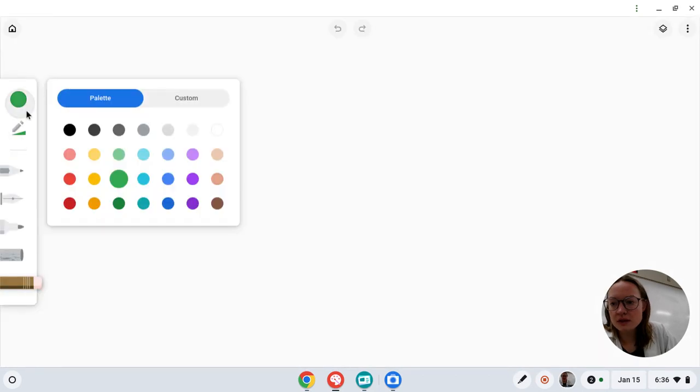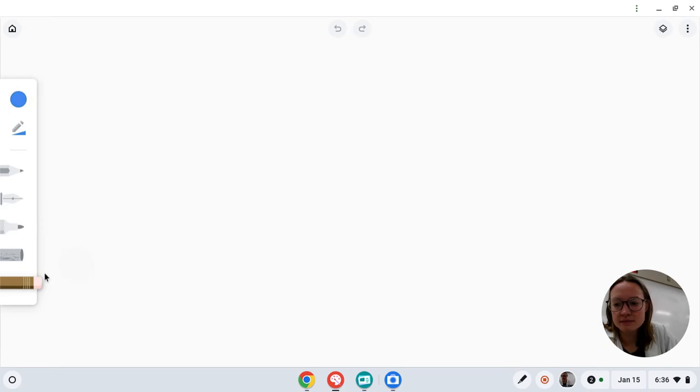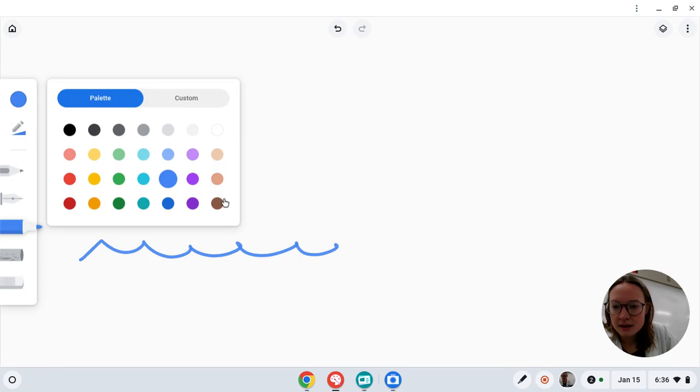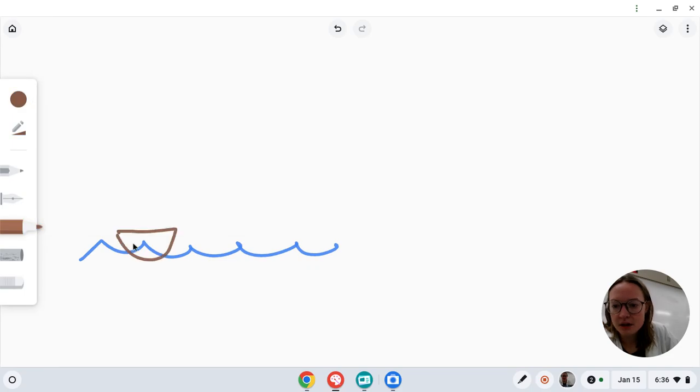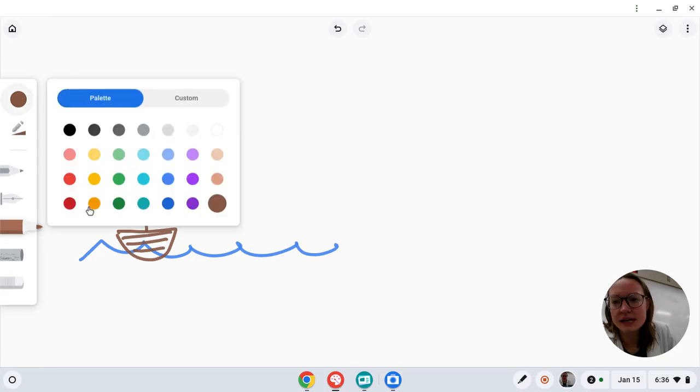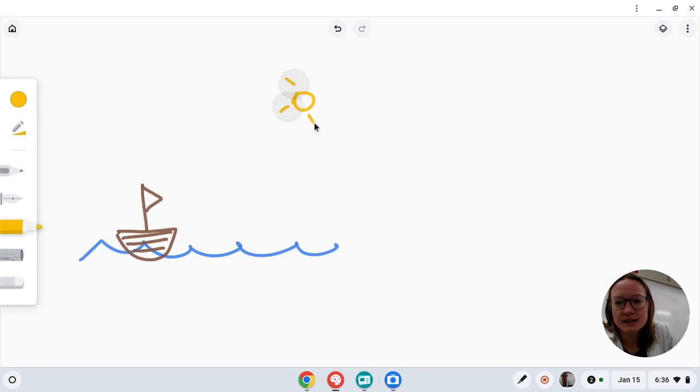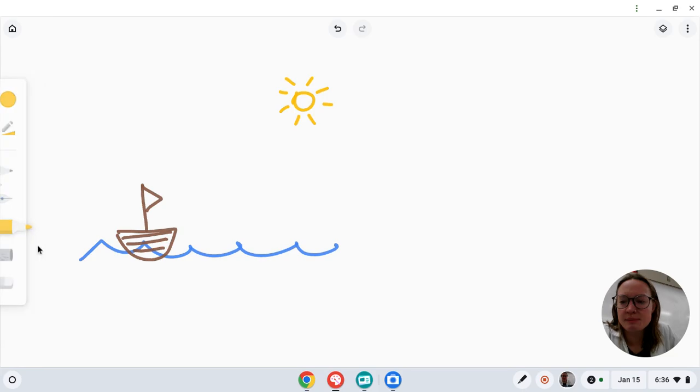Suppose that it was a brilliant day out at sea, and Benny the boat, you remember him, was taking a little journey. Now, here is a picture of Benny the boat in the water. Yay, Benny. Now, Benny was taking a lovely sail out at sea. It was a nice sunny day. Look at the sun in the sky. Yes, everything was looking nice and beautiful. And Benny was enjoying the scenery, looking around at the great wide expanse of ocean.